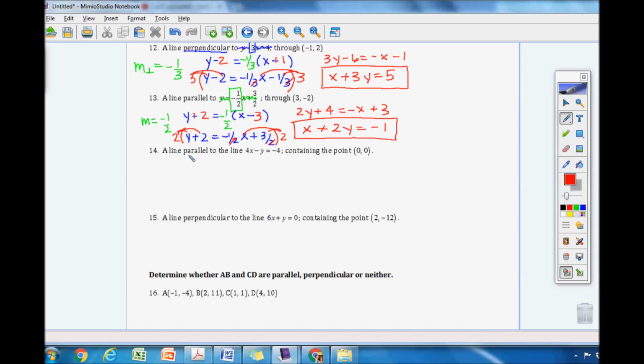All right. Here I have a line parallel again, so again, same slope, but here's where this is not in slope-intercept, it's in standard form. So let's go ahead and move over the 4x and then divide everything, so everything's going to change signs. So we have y equals 4x plus 4, because we just divided everything by negative 1, negative, negative. Okay, so these were all negative, now they turned all positive. Perfect. So the slope of this is 4, and we're going to keep it that way because we have parallel,